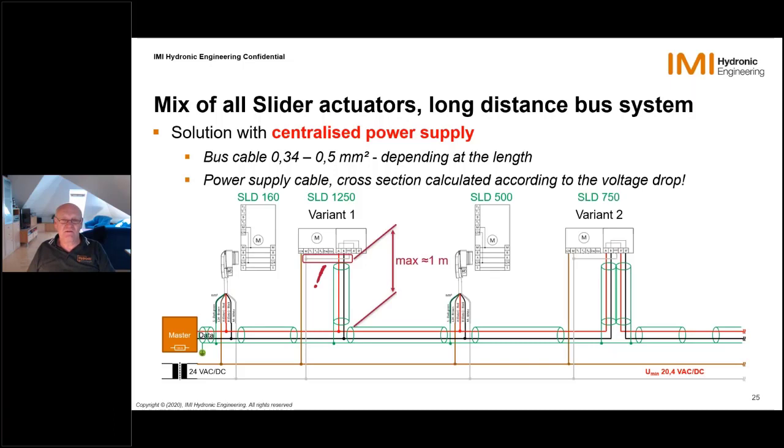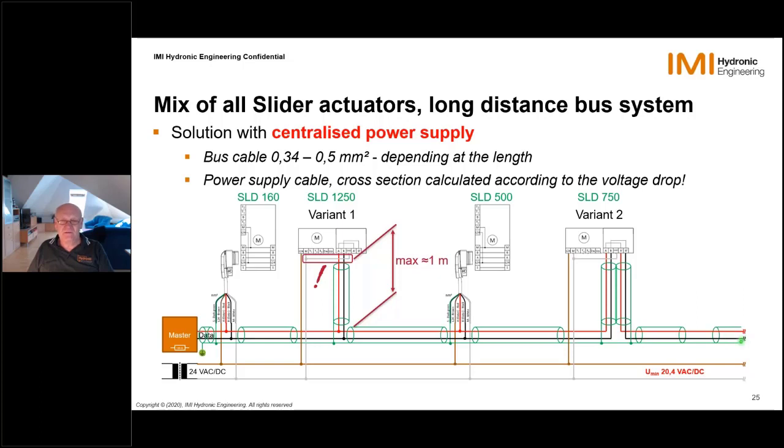Of course, then we are going on with the different actuators, and then there is a second variant of connections. As we can see here, the actuator itself has 2 ports, A and A dash, and B and B dash, and in the middle there is the common connection. And then we can use the bus cable entering the actuator, connected here, and the outgoing bus